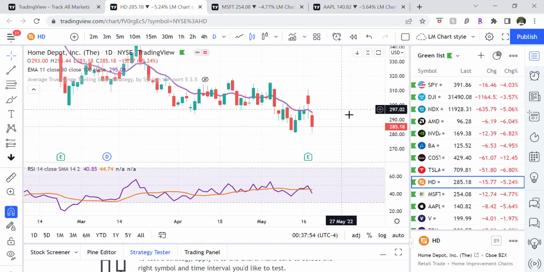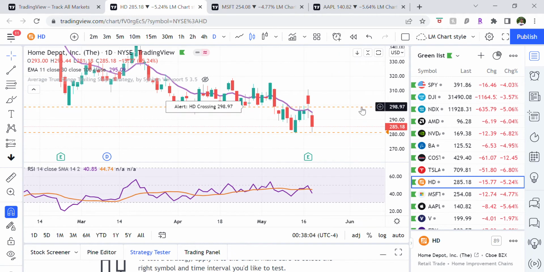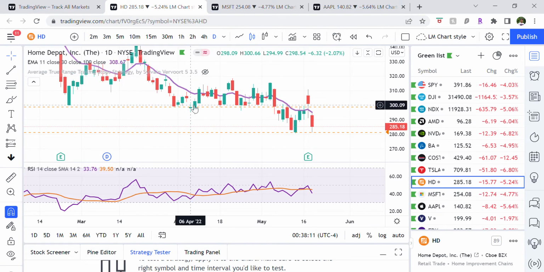Okay, so let me put my levels over here. So let's see, this is my level line and this is my support line. Okay, so 281 point something is my support, 299 is my resistance. I have identified it in a day chart. Okay, now second thing that you must notice in the same chart is